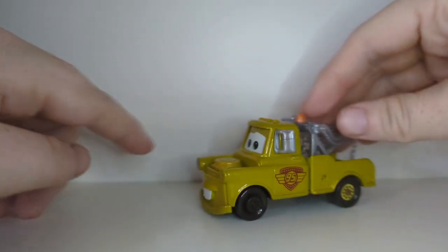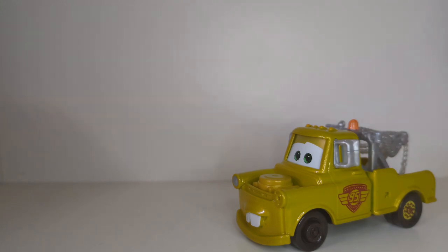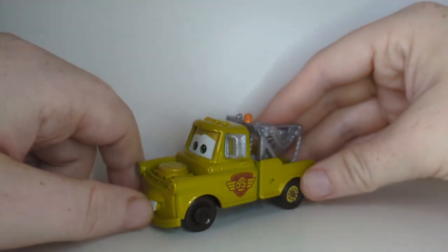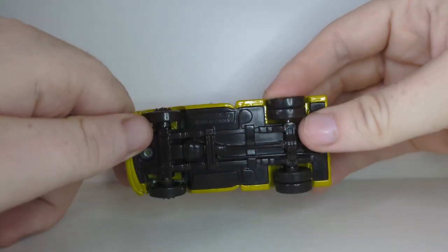The only other Meta I can think of that is in gold is this Dragstar Meta here. Sadly, I don't actually own it. I wish I did because it does look really cool, along with the black hot rod version as well. Disney Store's done some amazing stuff. I recently reviewed the metallic red, or done a quick showcase on them. Metallic red and the metallic Dinoco helicopter, piston cup button, Harley McQueen, just to name a few. But yep, here is the fake factory custom of the 1/55 scale version of